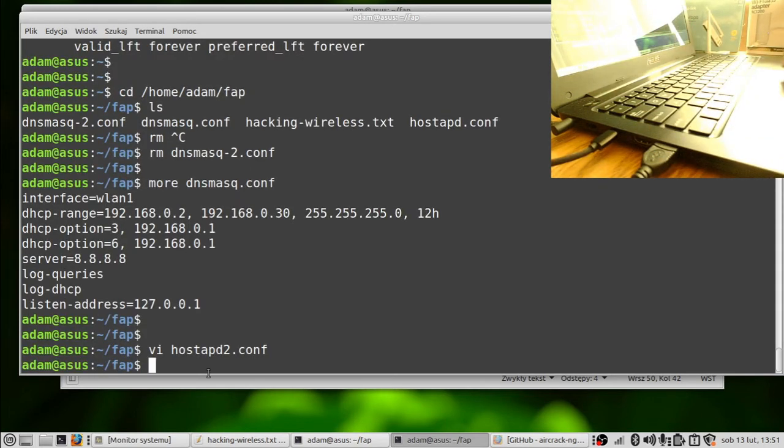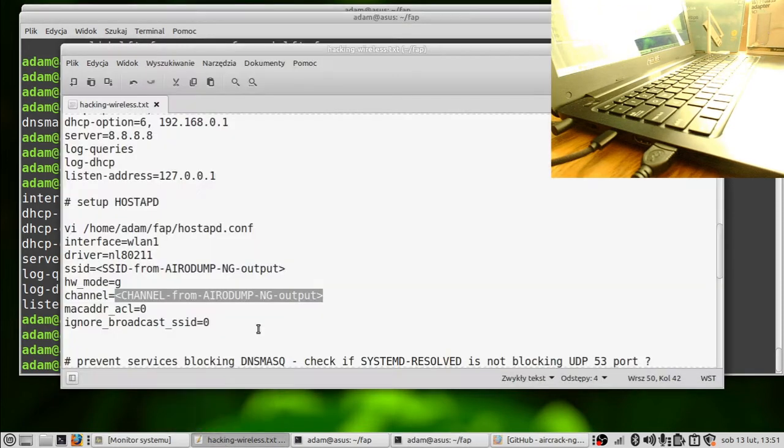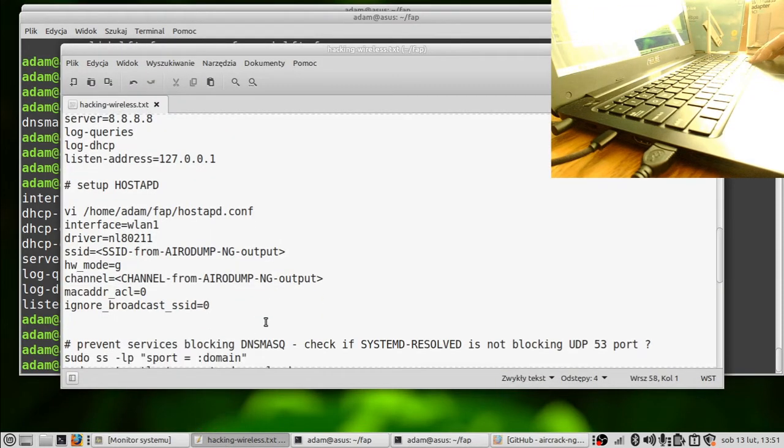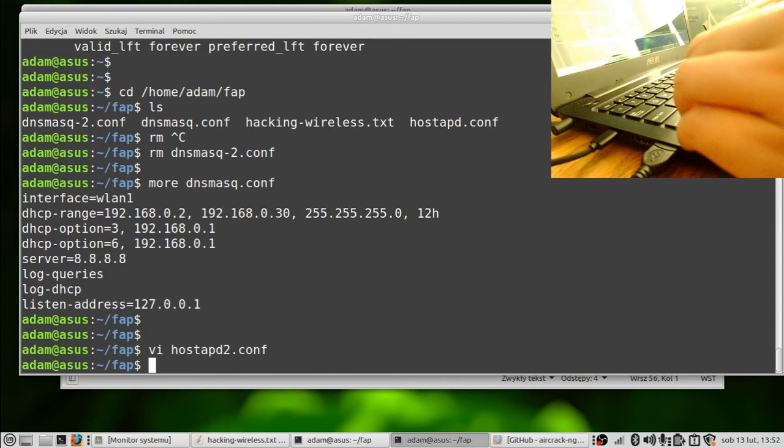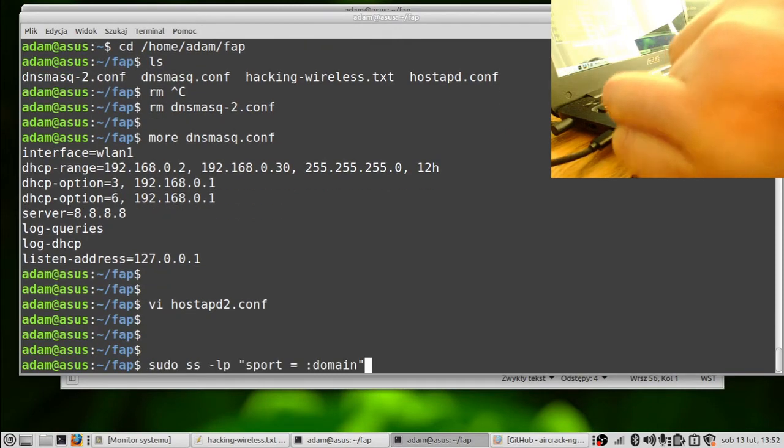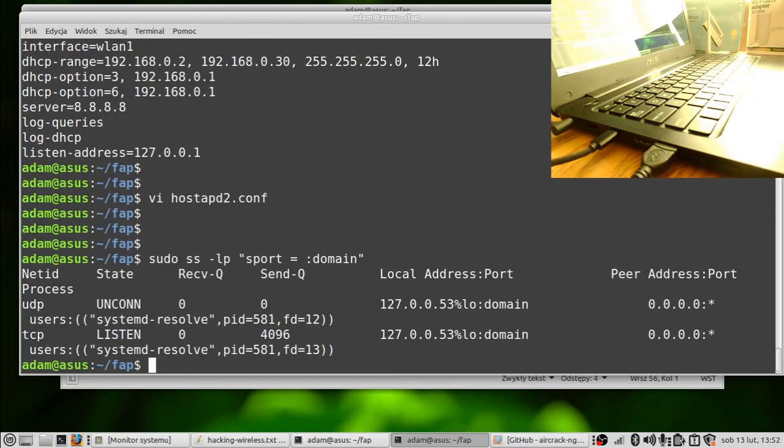And now what we can do is, yeah, that's not all. Because in most cases you have a kind of DNS client running on your machine, so you need to first check whether it is running or not. To do that, a simple command is needed, for example, like this. Okay, as you can see, we have a system daemon that is running using UDP port 53.